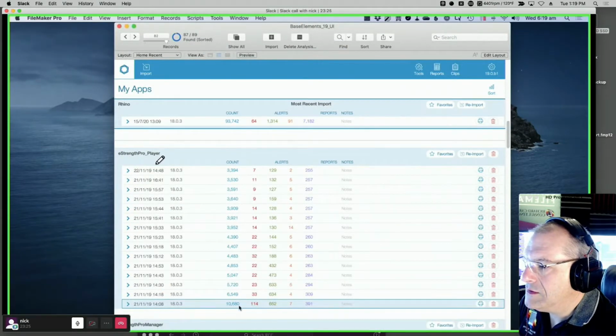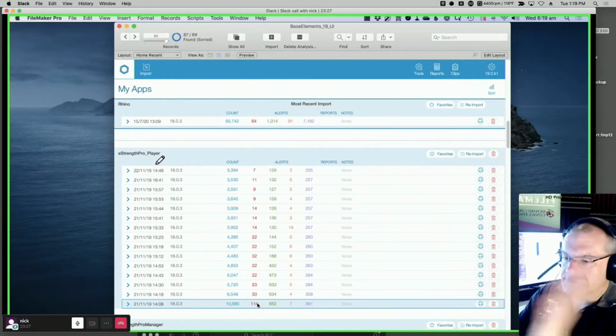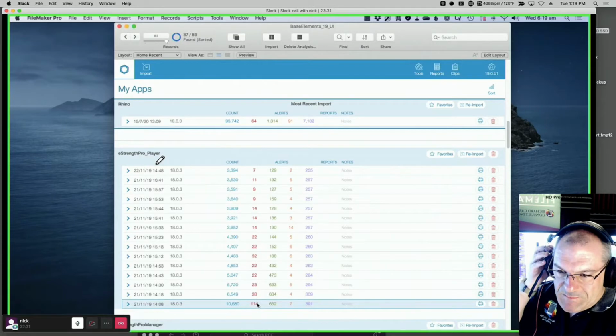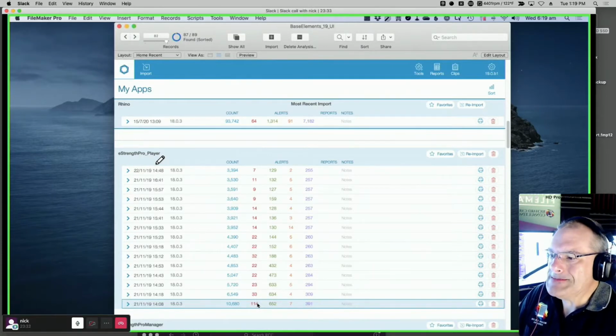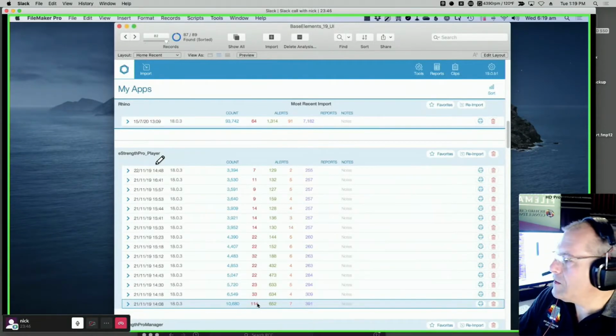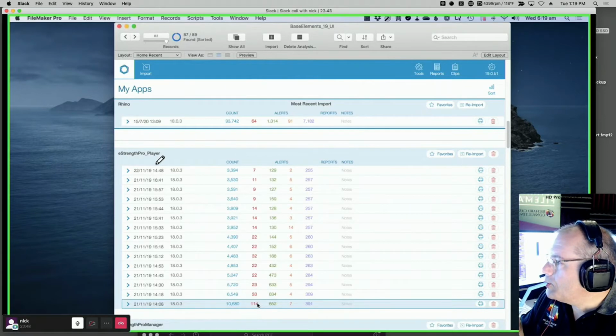It has 10,000 items in it and 114 errors. And I was doing a cleanup on this solution. So I'm getting rid of things. It was built by someone else. It has a whole bunch of stuff in it that doesn't need to be there. So this was a combined administrator and end user file, and what I wanted to do was turn it into just an end user file. So I'm doing iterations of this and just stripping out all of that administration stuff because it doesn't need to